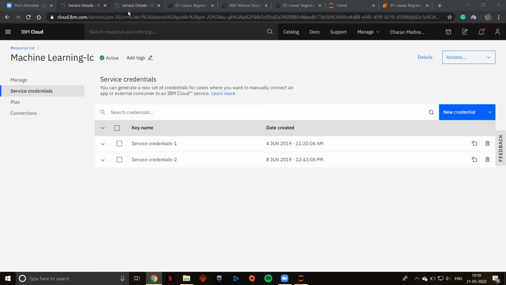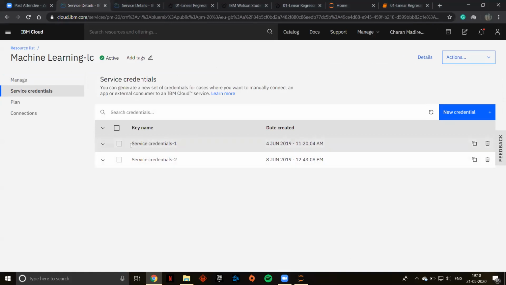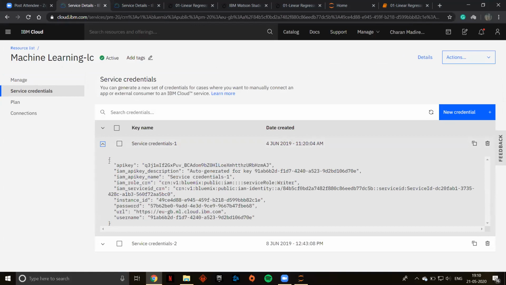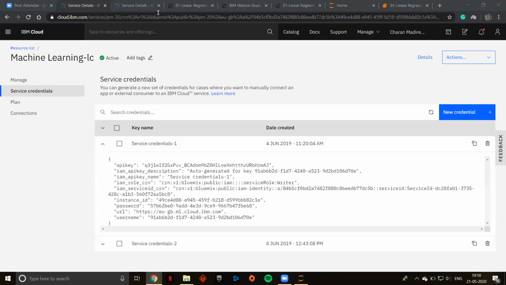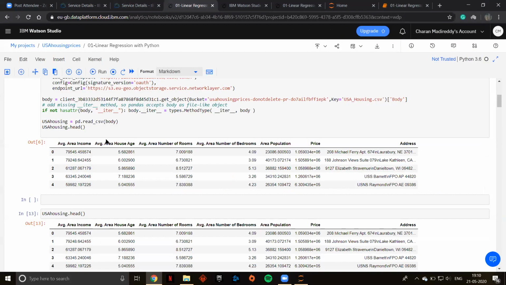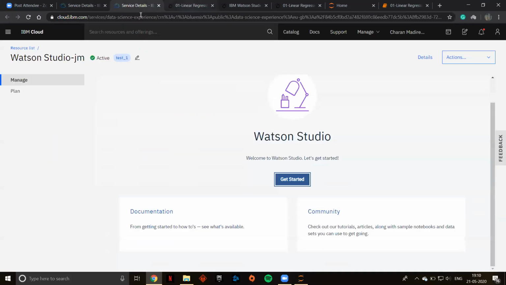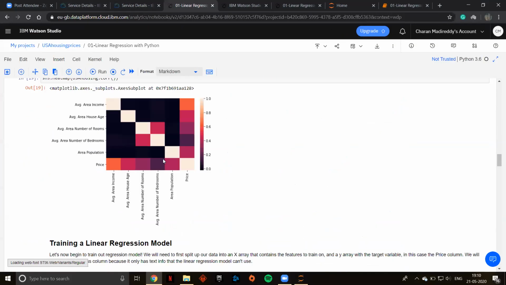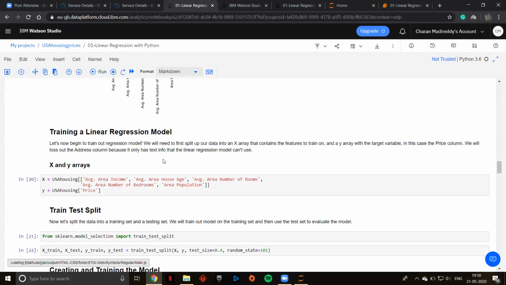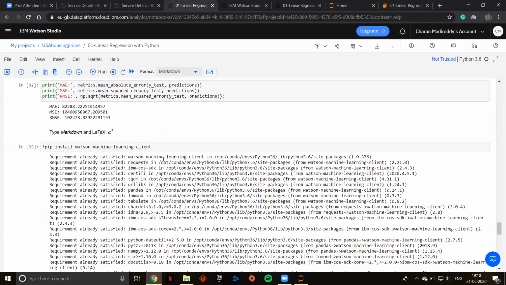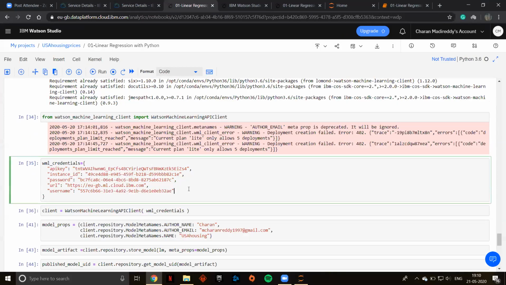Okay. So you'll be copying this whole thing, right? After copying it, just to show you, I'm adding a cell here.